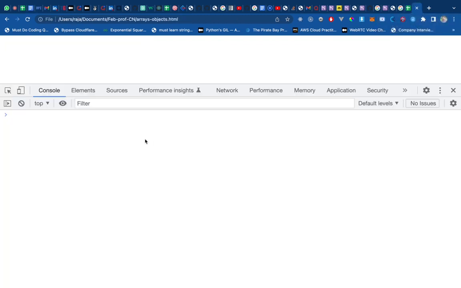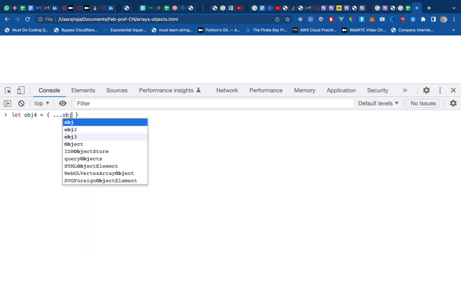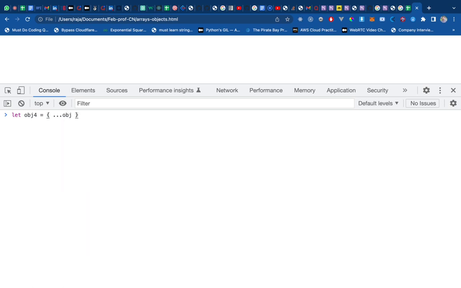Remember the rest operator and spread operator I talked about last time? Yeah, that's three dots. So now it's time we learn about them. So let obj4 equal to, now, whenever I say curly brace, I am explicitly saying that let obj be equal to a new object. It's just a short form. And when I put three dots over here and say obj, it means that I want to spread the properties. Why is it named spread? It is literally spreading the